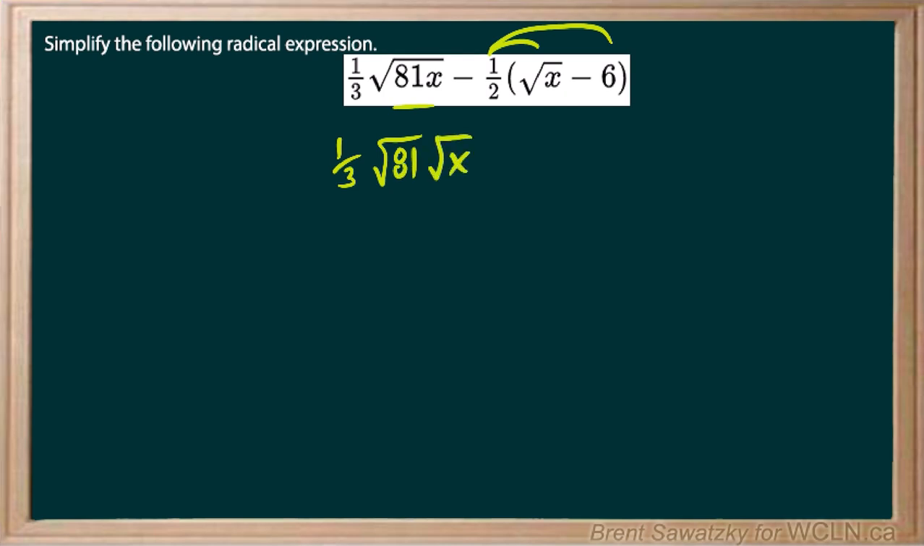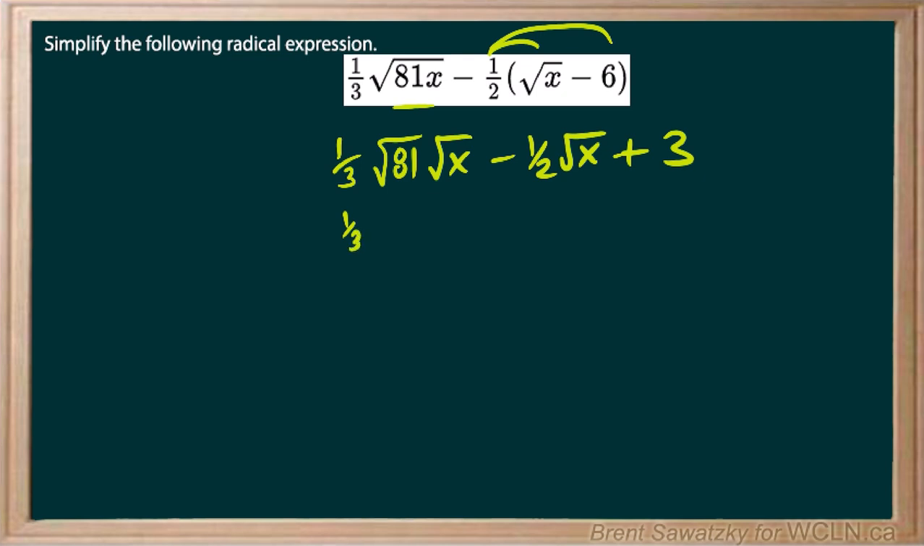And then our distribution, we have minus 1/2 root x, and a negative times a negative is a positive, and 1/2 times 6 is 3. And there we go. So moving on,